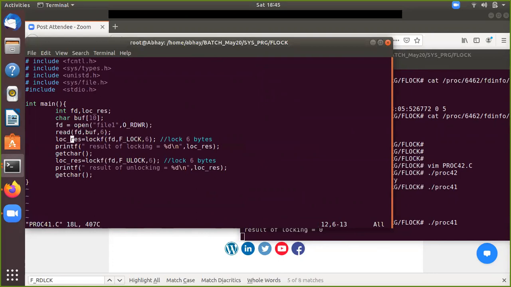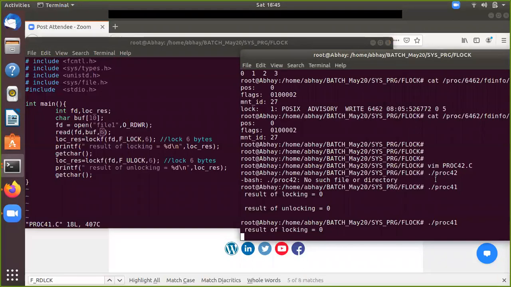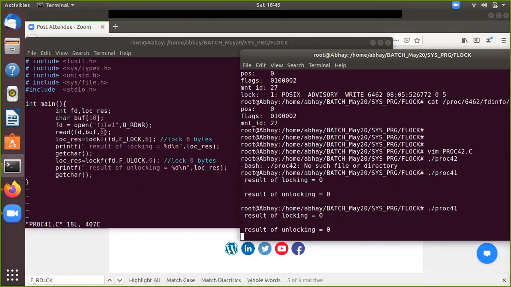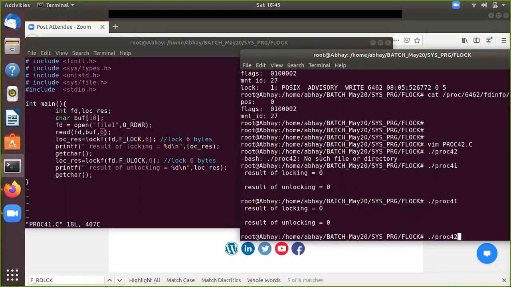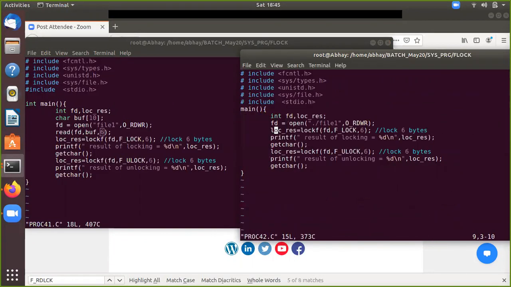Means 7th to 7 plus 6, right? Yeah. So you're locking from this. Basically your file pointer is pointing to this place. Now, let me see, the other program is what? So this is trying to lock from the beginning. Yes. So let me try this.